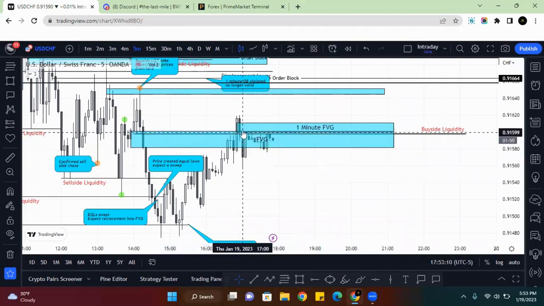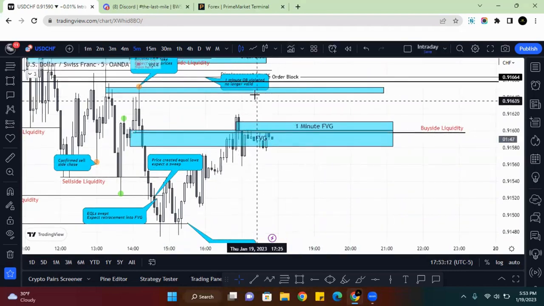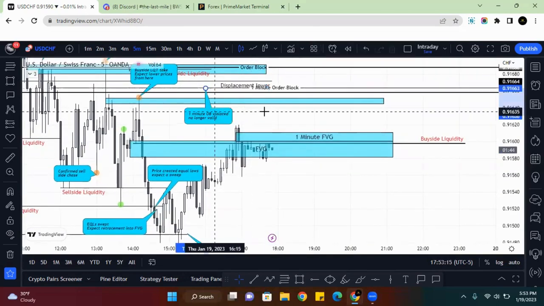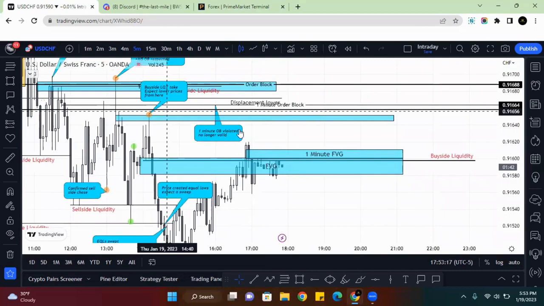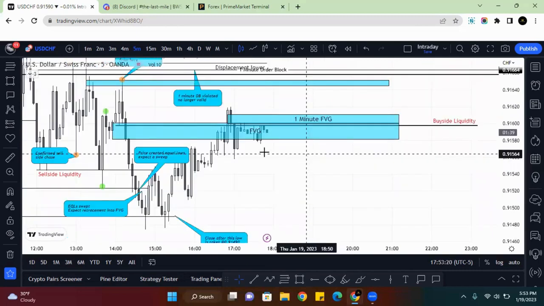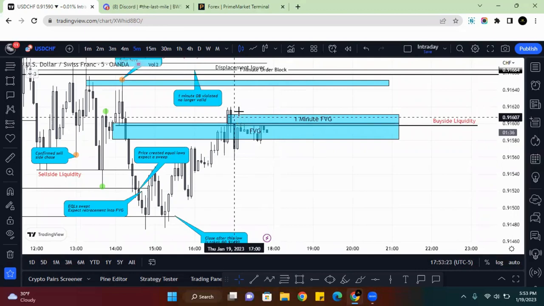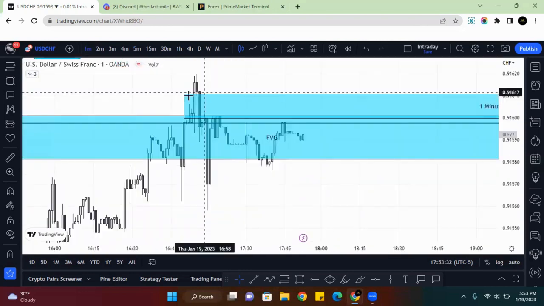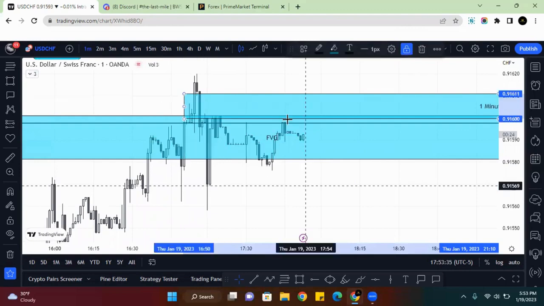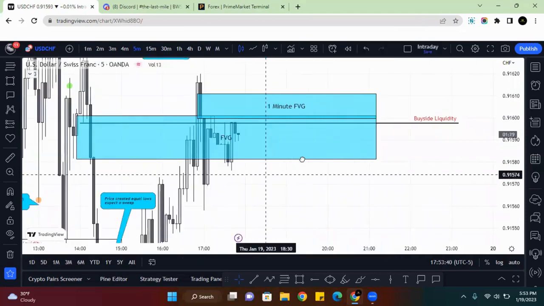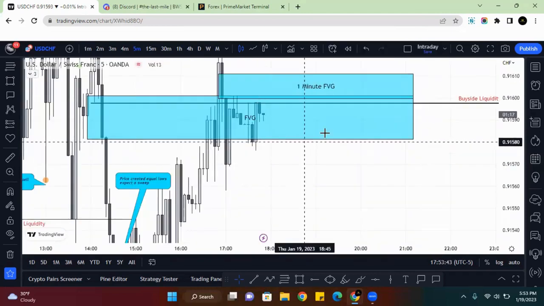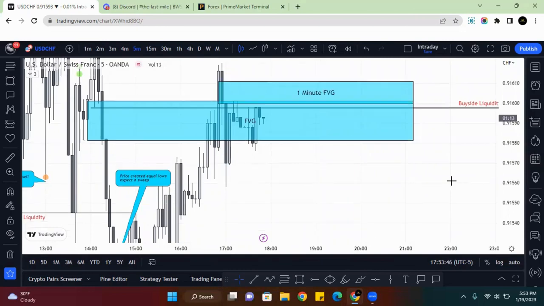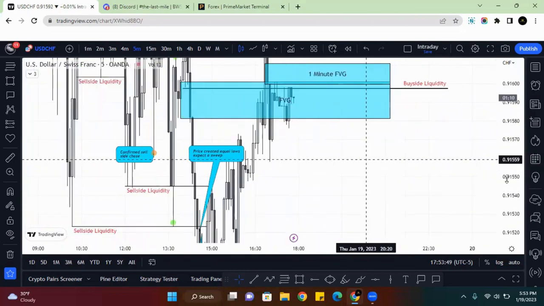My idea would have been for a third entry, and I'll cover the 1 minute fair value gap. And sometimes you're wrong, you know what I mean? Sometimes things get violated and you have to adapt, which I did here, because you already knew you're right on direction. What happened was I looked into this for a third entry, but it was getting kind of late. You had a 1 minute fair value gap right here that I expected to get filled and have continuation. I was going to use that 1 minute fair value gap to get an additional entry after the buy side liquidity take. But once again, it was getting pretty late, so I didn't want to add another entry. I ended up closing like 1.3% profit.